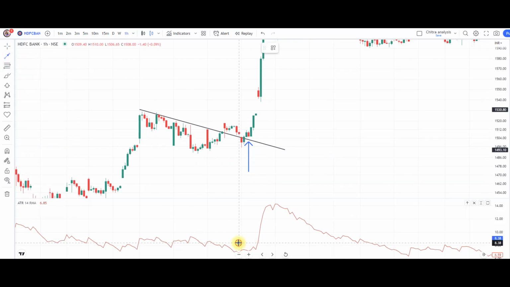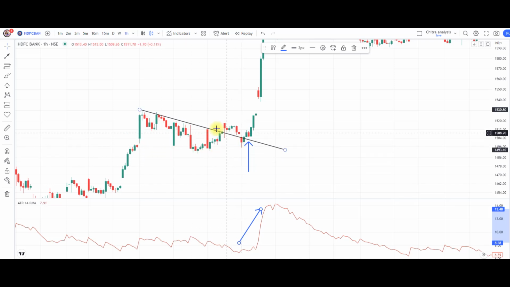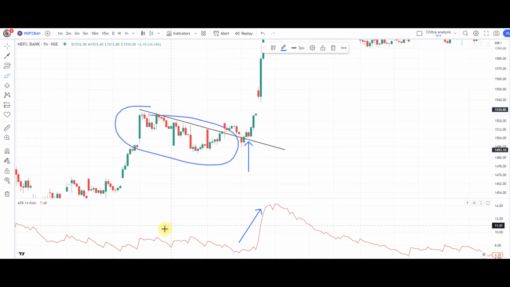So here you can see that the ATR is also moving. When you notice from November 1st to November 10th, there is no movement in the market, that is, price is in the sideways. You can see here. At the same time, the ATR also has no move, which means there is no volatility in the market. So by seeing the price and the ATR, we can clearly understand whether we want to enter into the long or short trade.